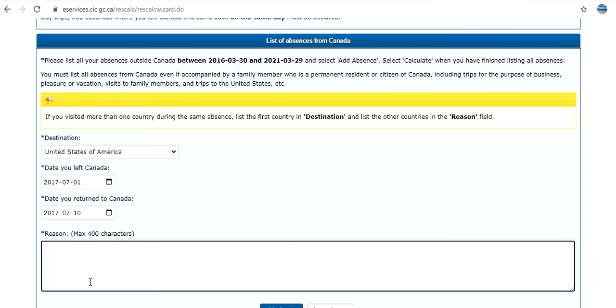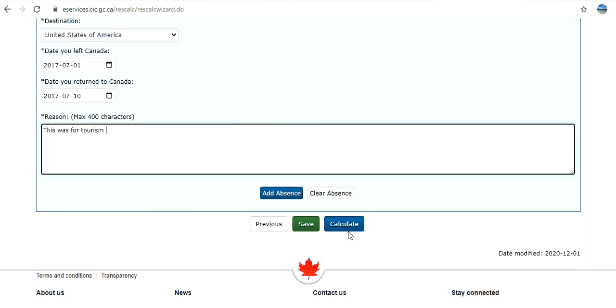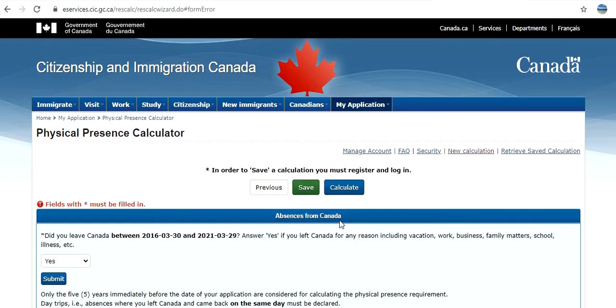You can explain this, like this was for tourism, or it was a group tourism, like you purchased a package or something. You can add a maximum of 400 characters. Let's click on calculate.